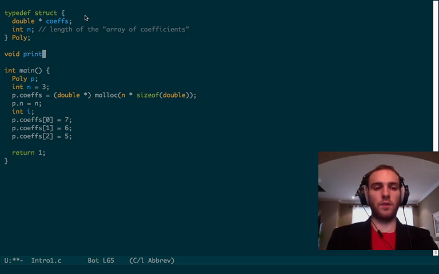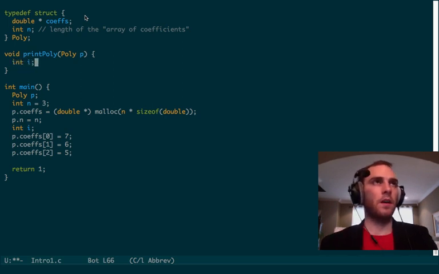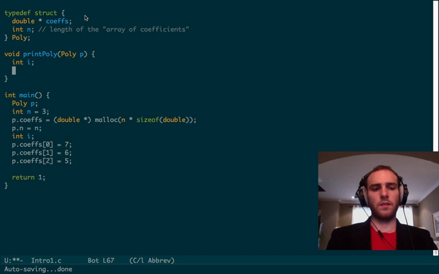returns nothing. Print poly p. And simply int i. I think that's how we're going to do it. So